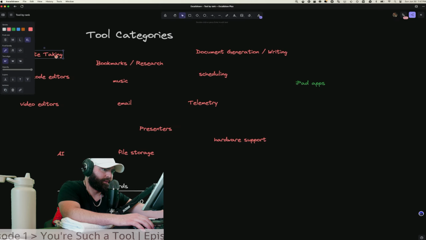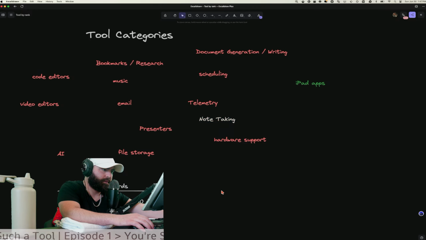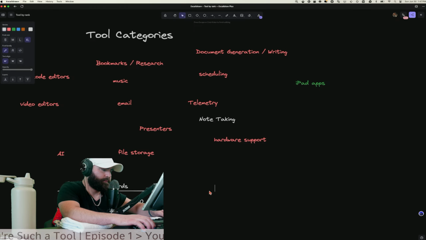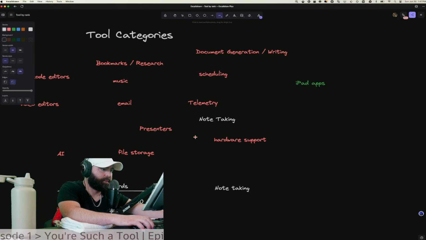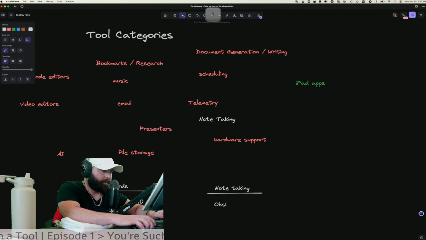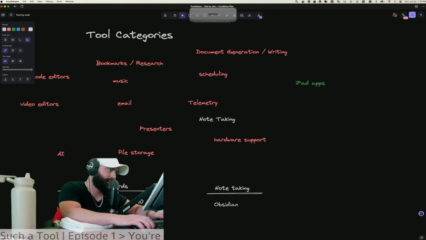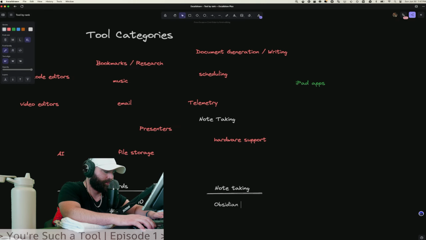And then since we're on the topic of note taking, there's some overlap there. Obsidian is pretty good as well, for what it does.